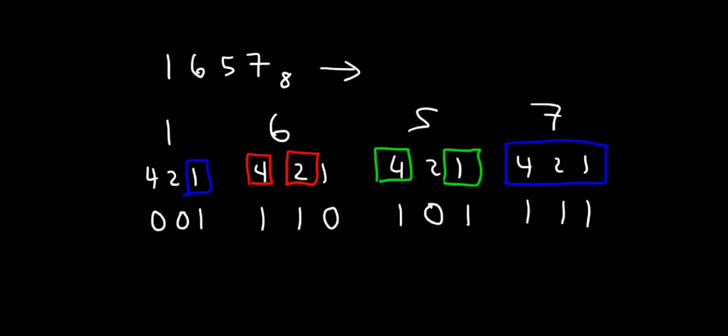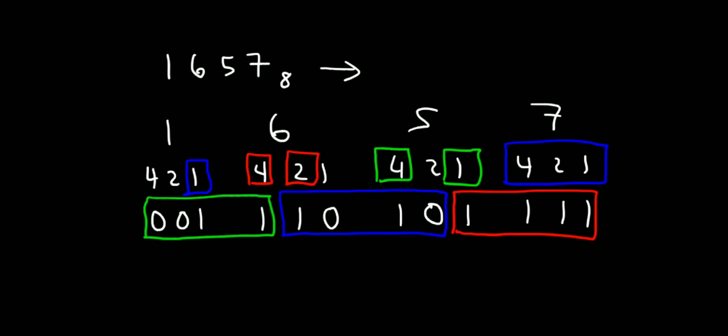Now we will form the group of 4 bits. So this is the 4 bits. Now again we will make a group of 4 bits. So this is the 4 bits. Now again we will make the 4 bit group. From the right hand side we will start. So this is the 4 bits. Like this we will form the groups.